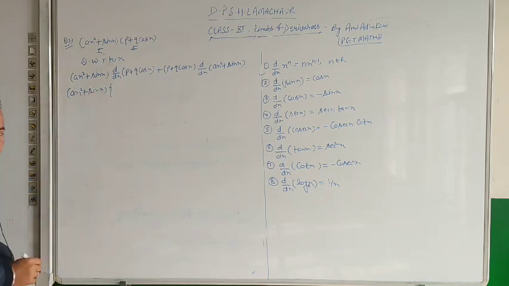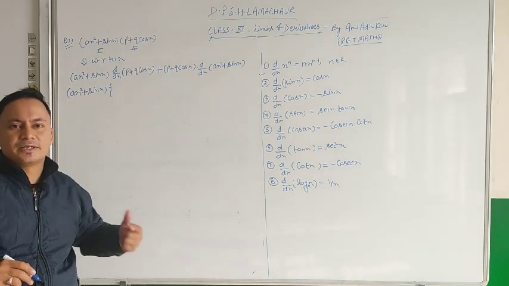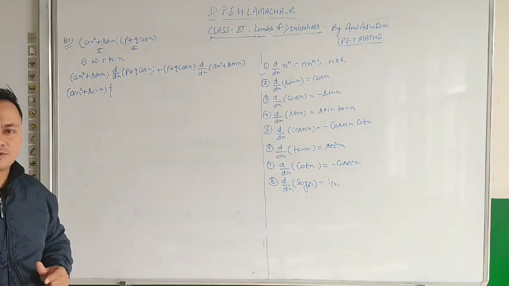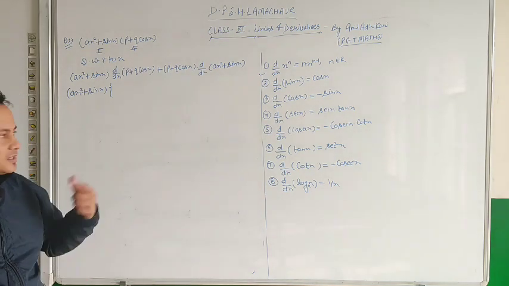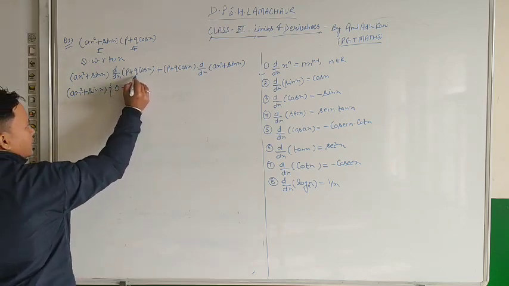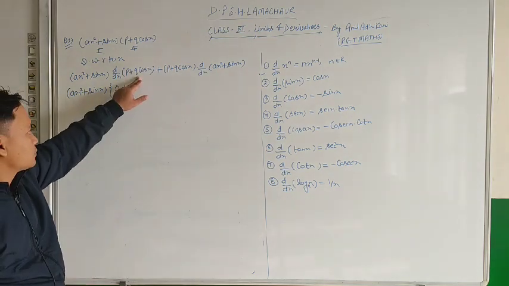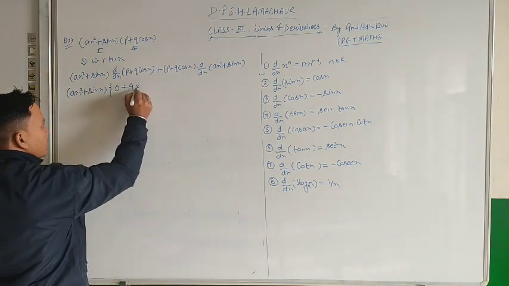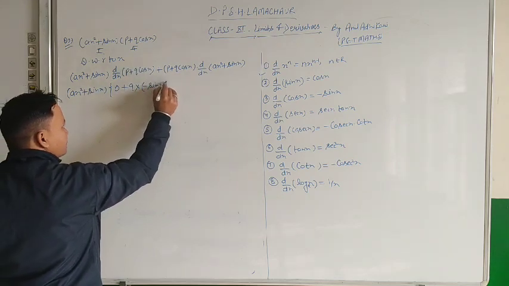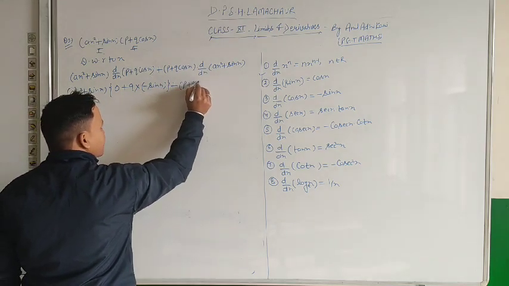Now derivative of p. First we will find the derivative of p. Since p is treated as a constant, and we know the derivative of a constant function is 0 because constant is fixed. So derivative of p will be 0, plus here q is a scalar quantity or you can say constant, so take it out. So q multiply derivative of cos x, and derivative of cos x is minus sin x, okay, plus p plus q cos x.